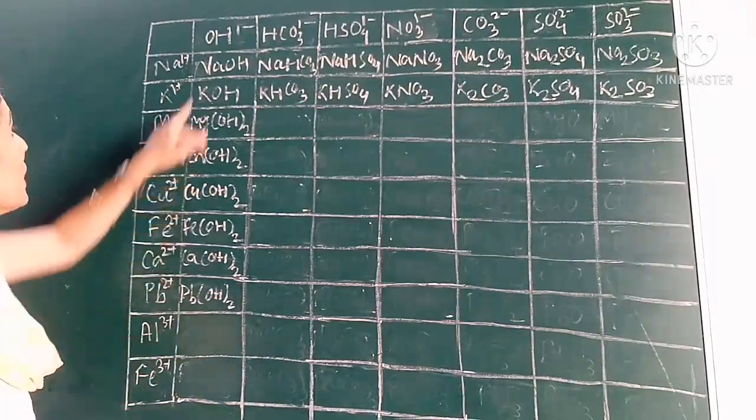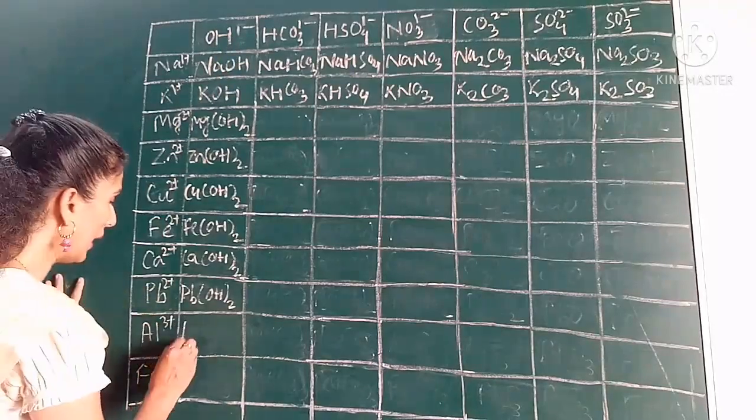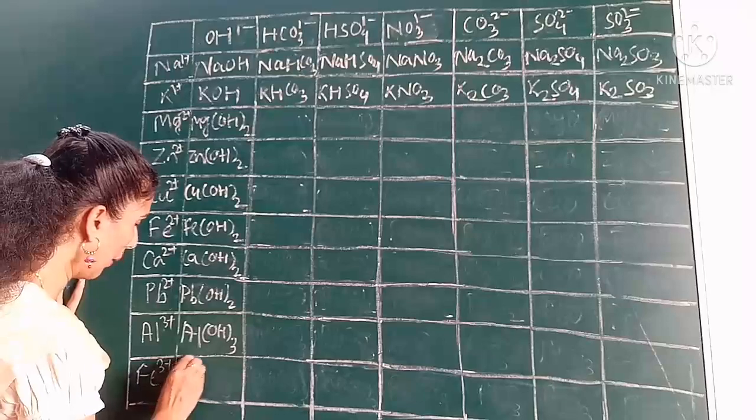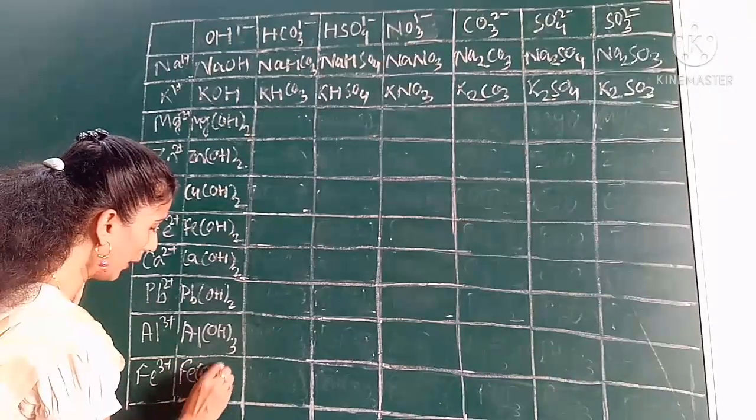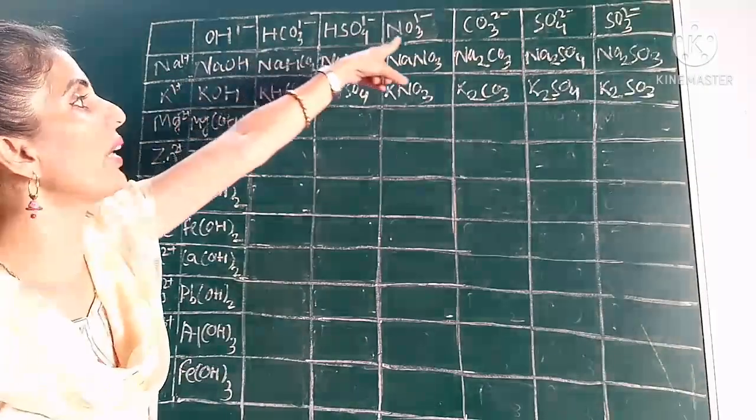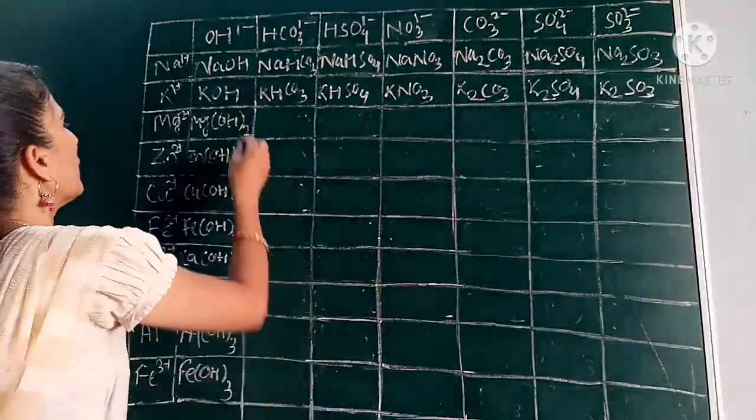So 3 valency means yours is again exchanged. Al(OH)3, aluminum hydroxide. Fe(OH)3, ferric hydroxide. Same format will be applicable for the 1 minus valencies. Now see, in the same format,